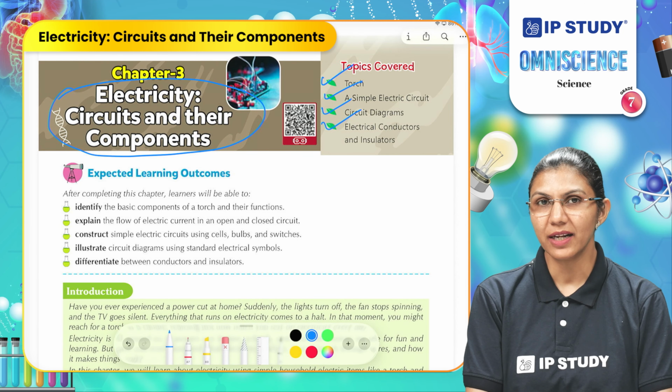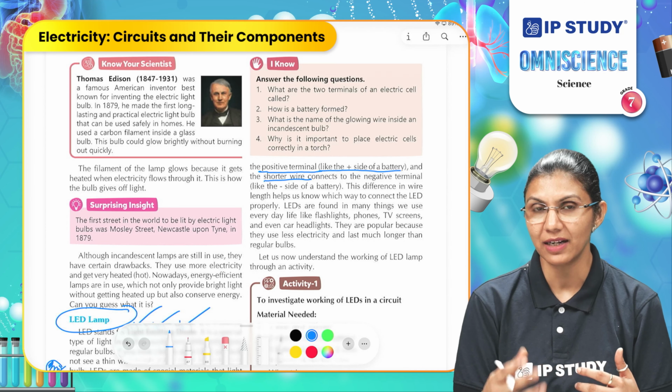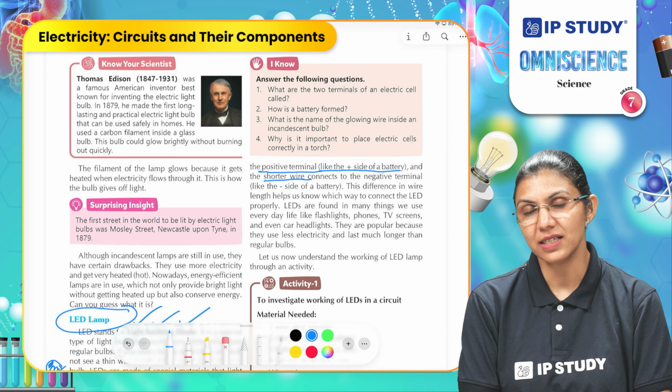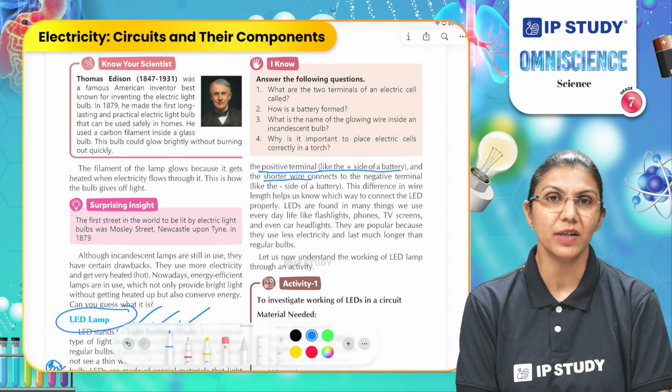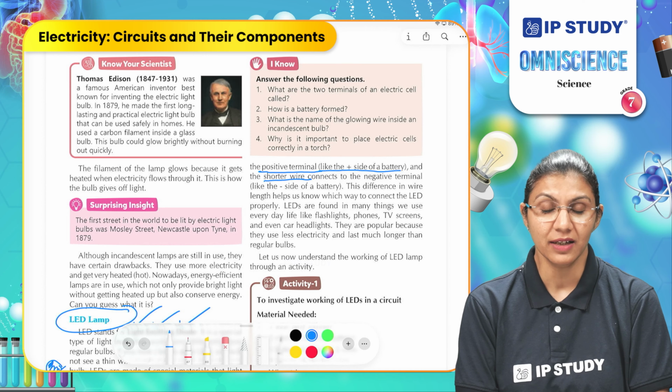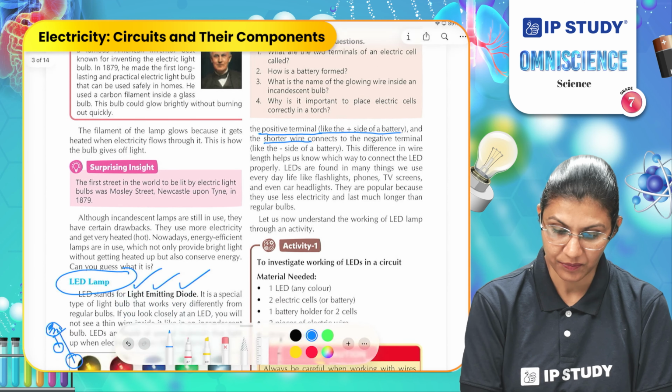To make these connections, we need a conducting wire. We need a metal wire which can conduct electricity. In most cases, we use copper wire or aluminum wire here because they help us conduct electricity with more efficiency.